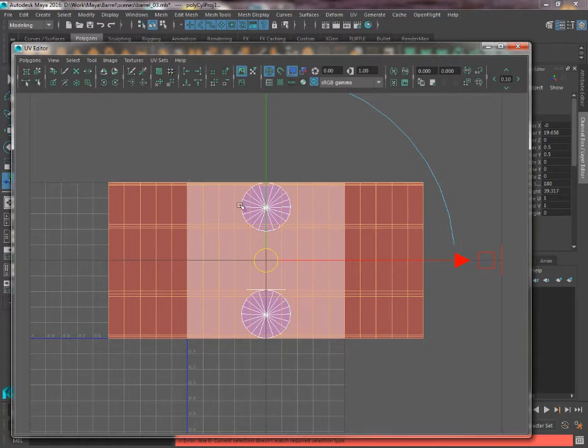It just means that the normals are facing away from us. And most of the time that shouldn't really matter. You should always try and get everything facing you blue, but it isn't the end of the world if you have some red